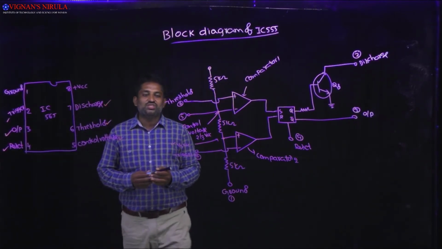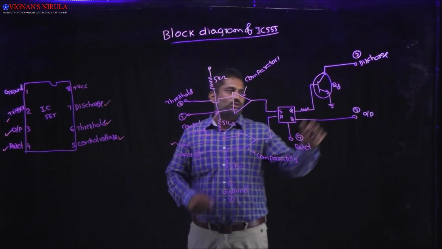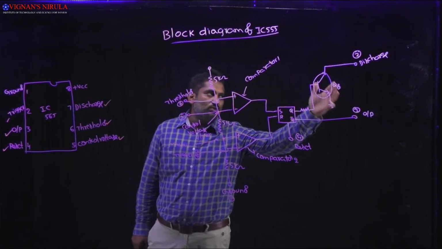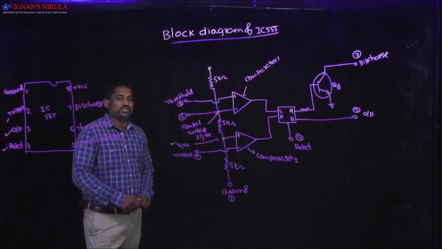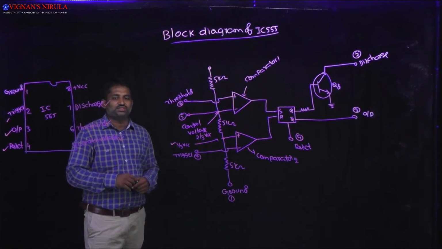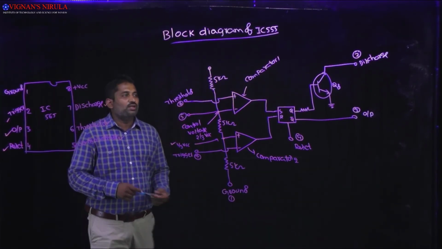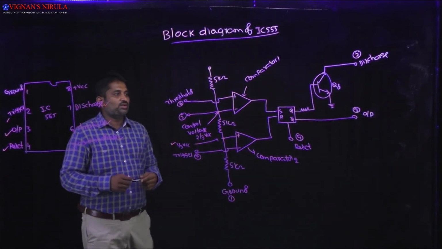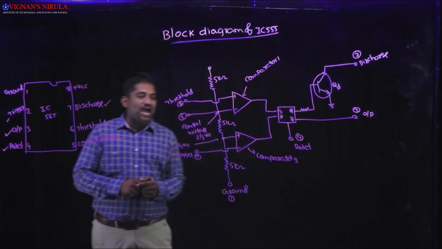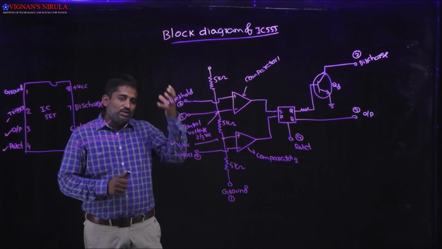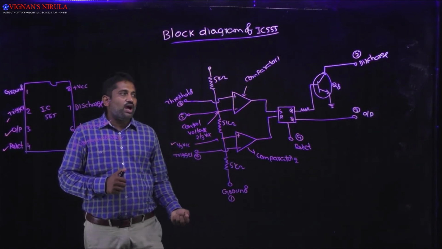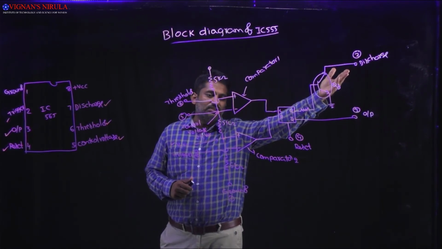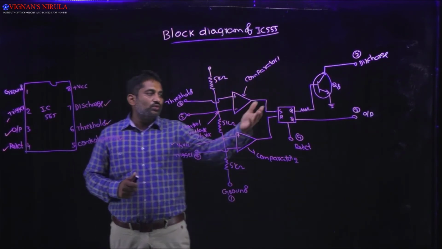Next one is discharge. The discharge pin is connected to the QD transistor collector pin. This QD transistor is also called the discharge transistor. There are no separate discharge and charge transistors; depending upon this pin connection, we treat it as a discharge transistor. Once your Q is high, QD goes into saturation, and if you are connecting any external capacitor across this discharge transistor, that will be